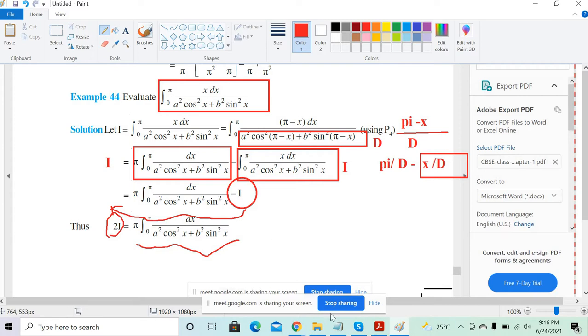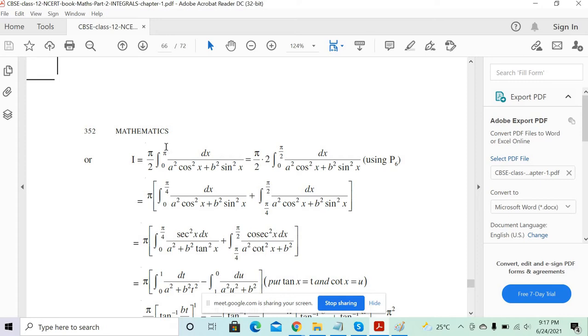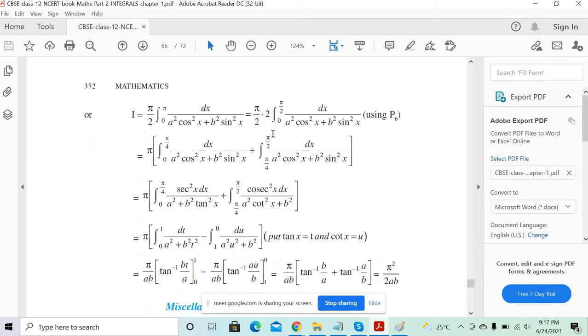Now, what are you doing in this case? After that, we just have to solve this part. We are applying the formula now, property number 6, pi minus x. So basically we need to check whether this is an even function. F of minus x is f of x, so it is an even function, which means the limit will become half. Can you see the limit has become half now, 0 to pi by 2? Correct.